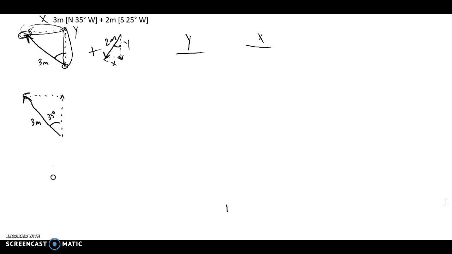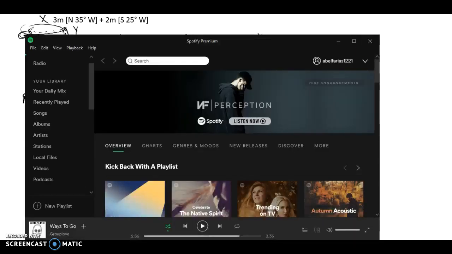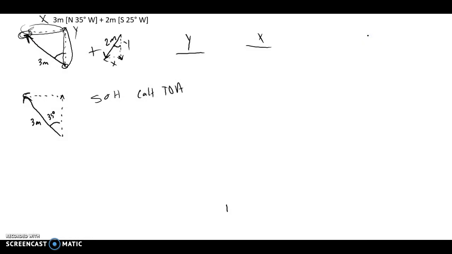degree angle. Okay, so let's find our y component here in north. The way we find that is using SOHCAHTOA. Now remember, if we're going to use sine, we need the opposite over the hypotenuse. If we're going to use cosine, we need the adjacent over the hypotenuse. If we need tangent, we need the opposite over the adjacent. So in this case, to solve for the adjacent side, it's our y side here. The way I'm going to solve for that is using cosine. So cosine of 35 degrees is going to equal the adjacent side divided by my hypotenuse, and my hypotenuse is